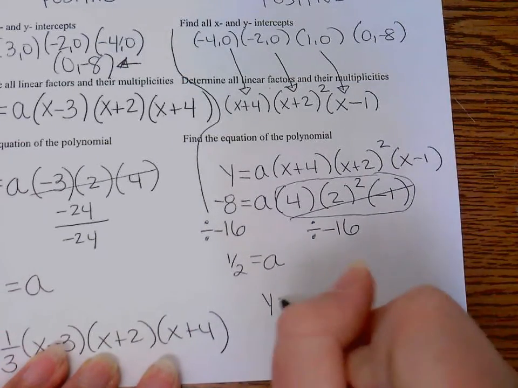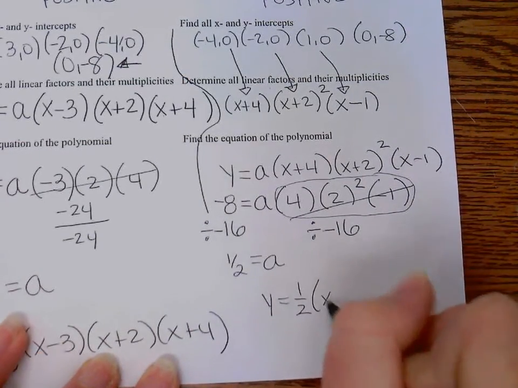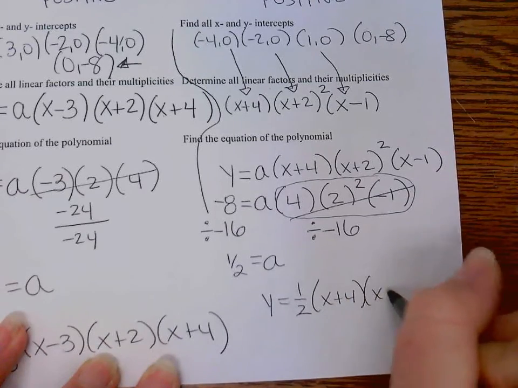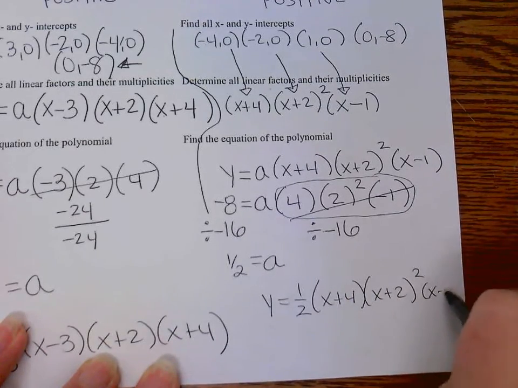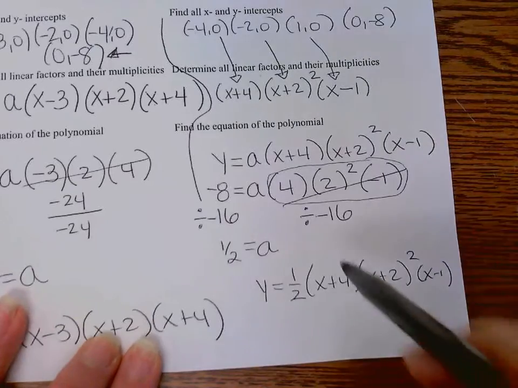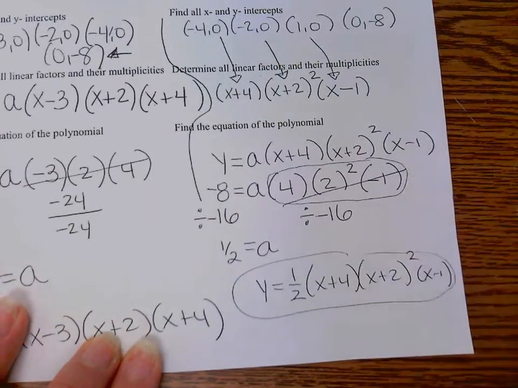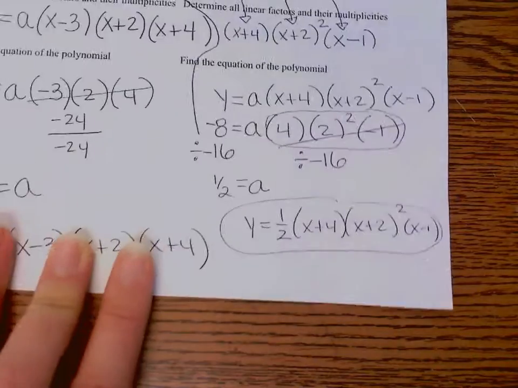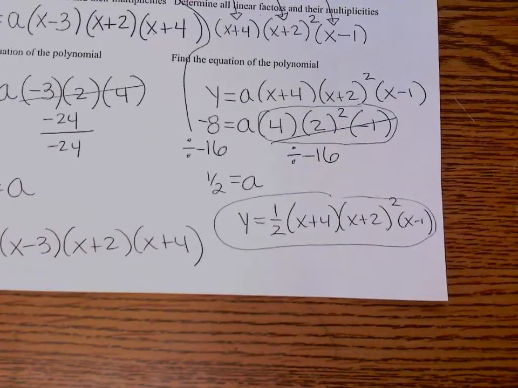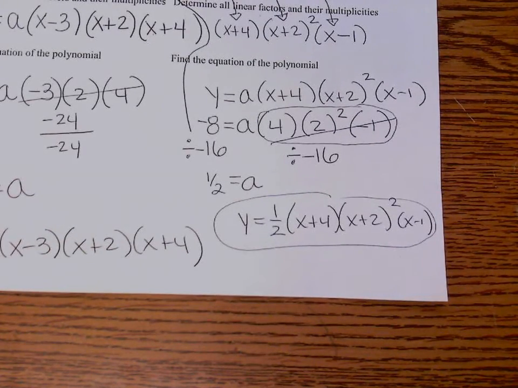So your final answer is just that whole equation again, x plus 4, x plus 2 squared, x minus 1, but you just throw that 1/2 in front. So you just built an entire equation by looking at a graph. End behavior, degree, factors and zeros, multiplicity. To me, that's putting together a